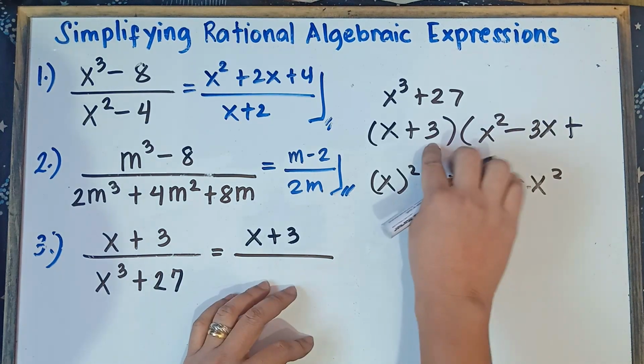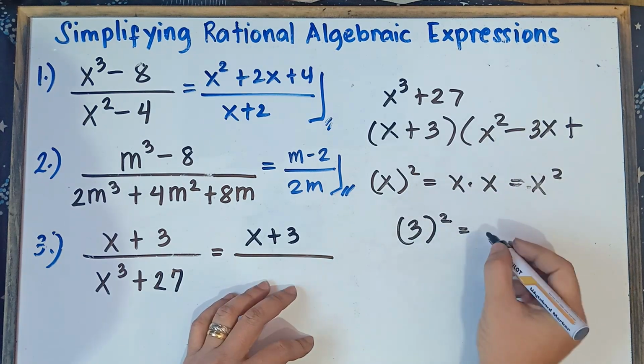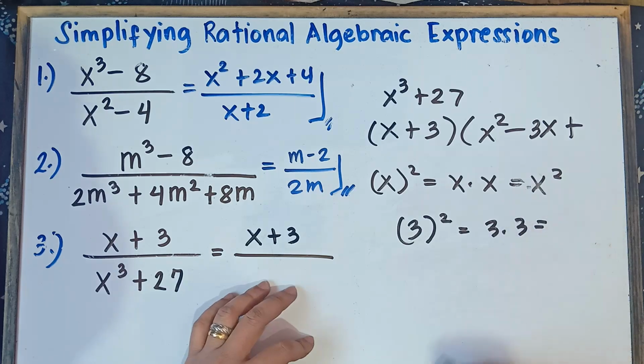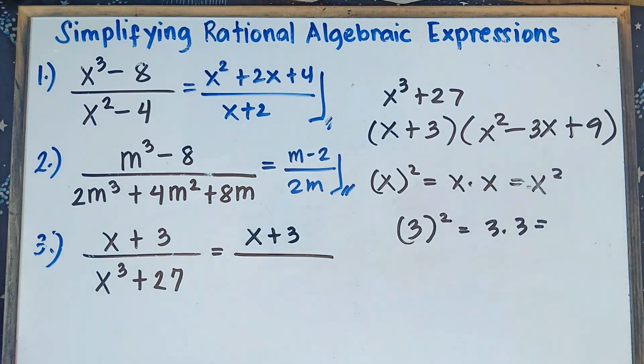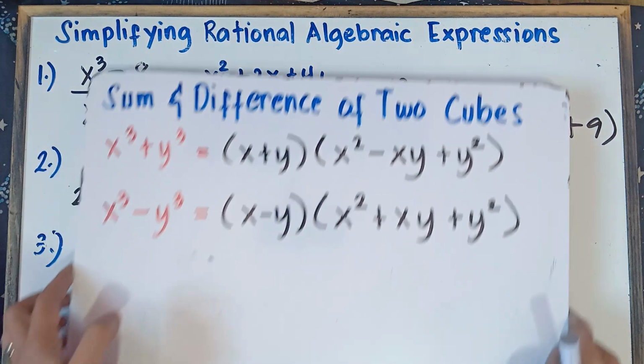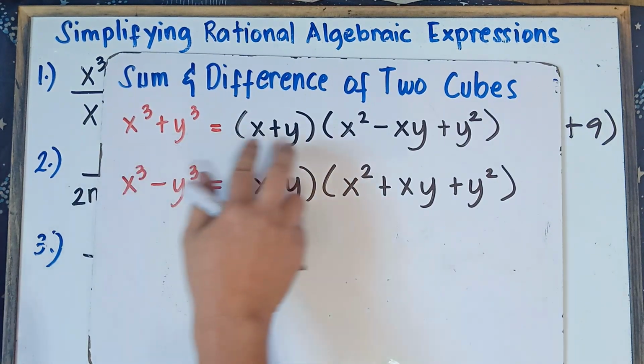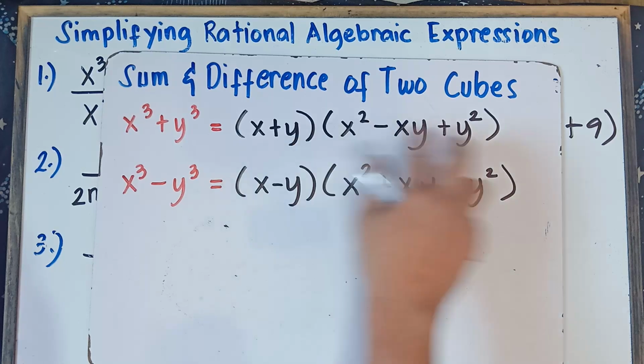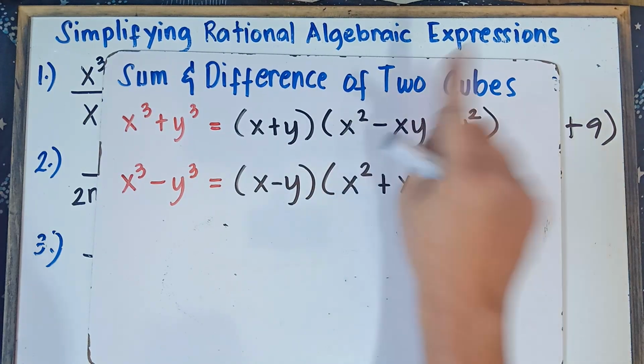Get the square of the second term, 3 squared. It means 3 times 3. 3 times 3, that would be equal to 9. Once again, class, remember this one, class, with regards to the equation. If you have sum, your first factor, the answer is plus, and then your second factor, it should be positive, negative, and then positive.